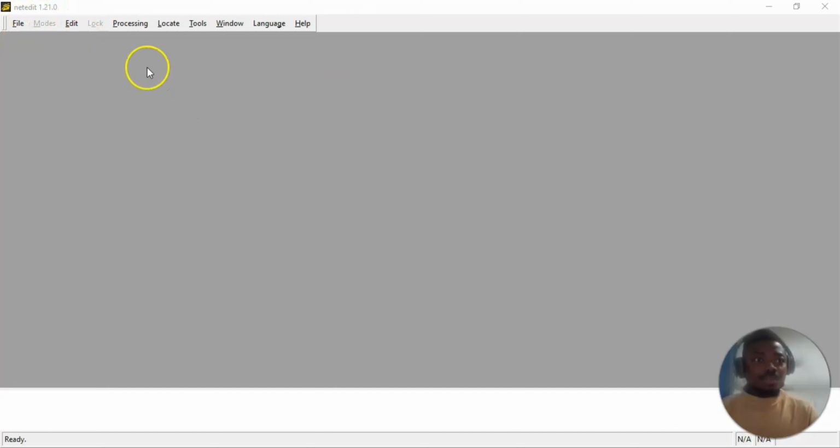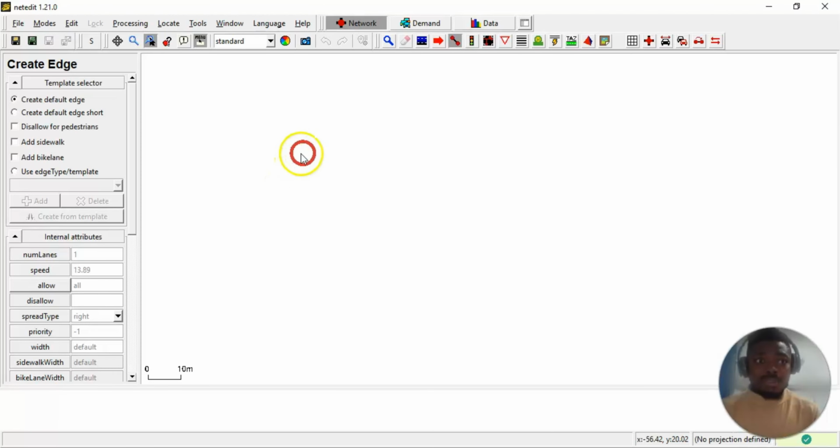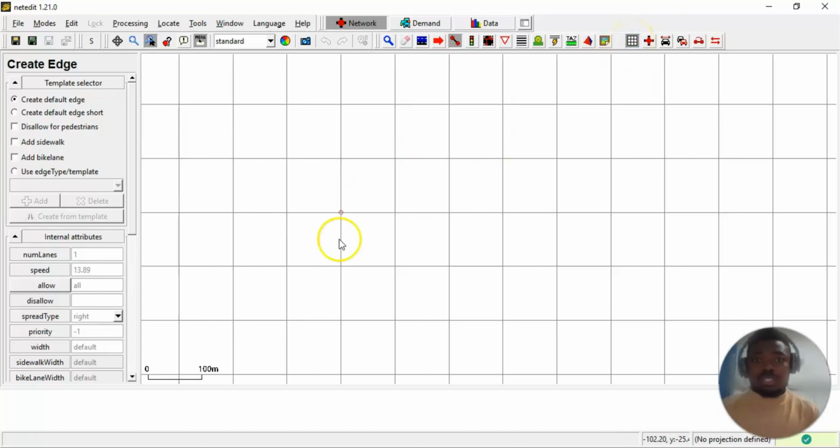So this is the Netedit interface. Then you click on File, then New Network. So we're going to have this page, which is more like the default page. Then it creates the grid for us. So this gives us a better view for whatever nodes and edges we're trying to create using this grid. And like I said in the previous video also, each of the squares in the grid is 100 meters by